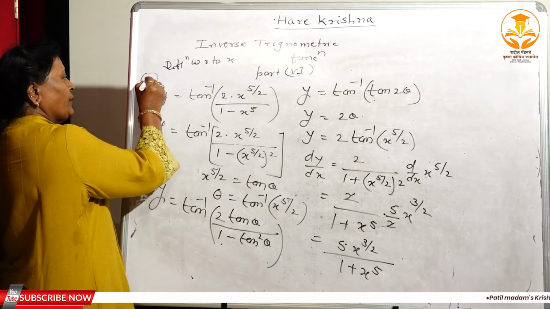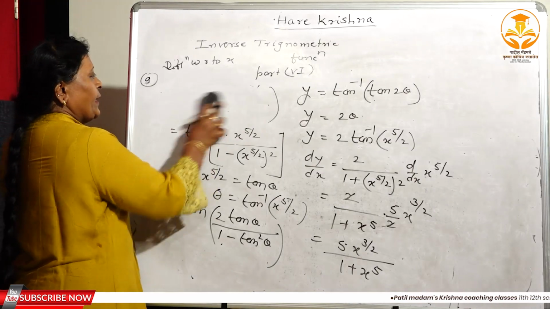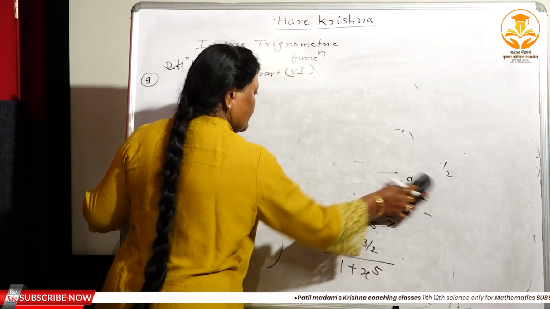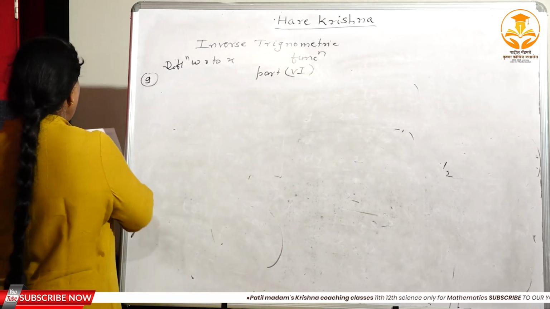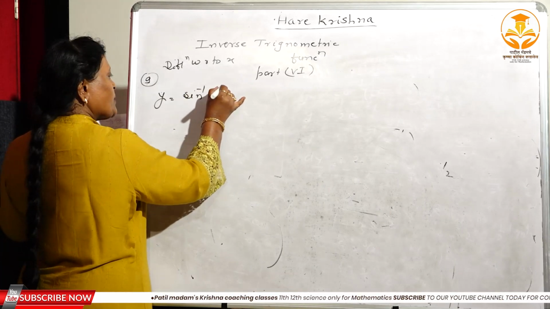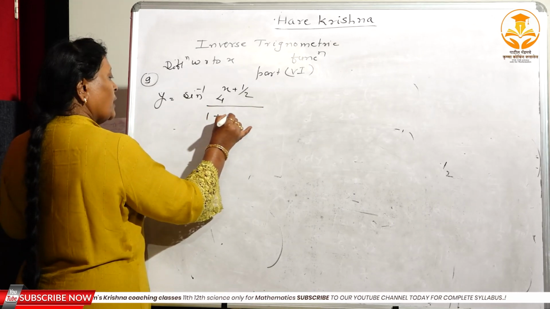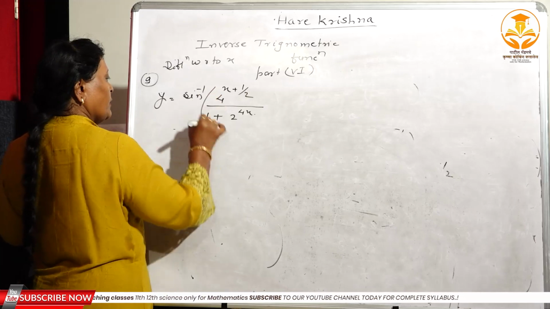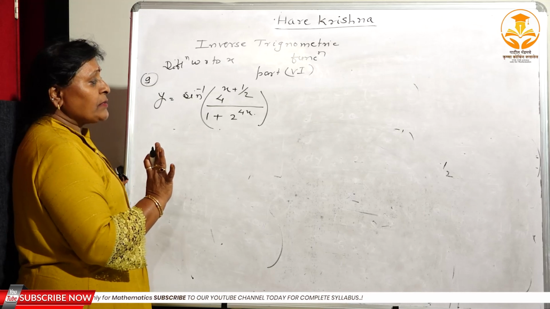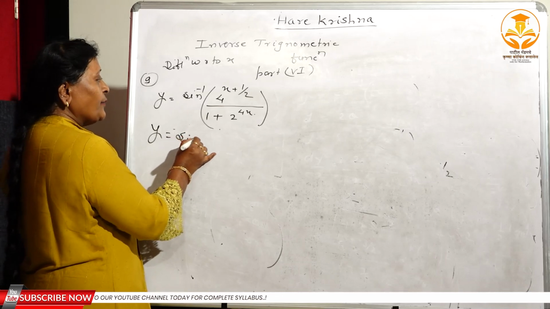Now I will take the 9th one, see, right? The 9th one, again a little bit tricky. Here y is equal to sine inverse of 4 raised to x plus 1 by 2 divided by 1 plus 2 raised to 4x, isn't it? Now see this one, this problem, right? Here you have to first simplify the term in the bracket. First you have to simplify this. Now this here you can write as a sine inverse